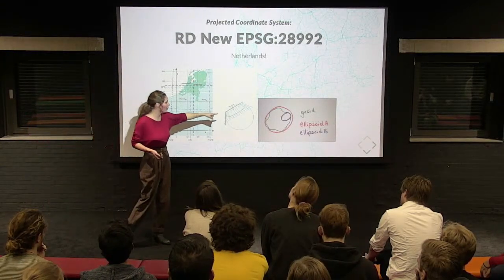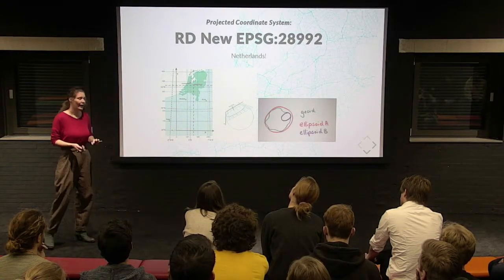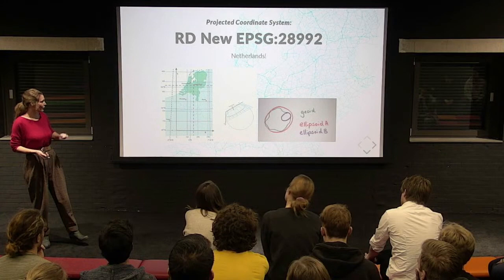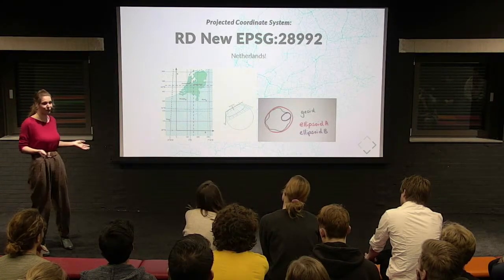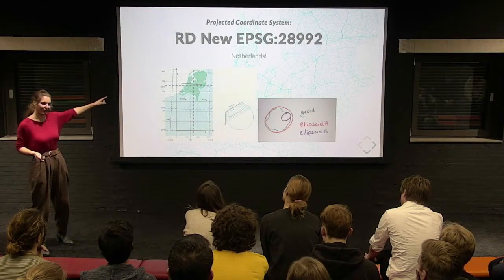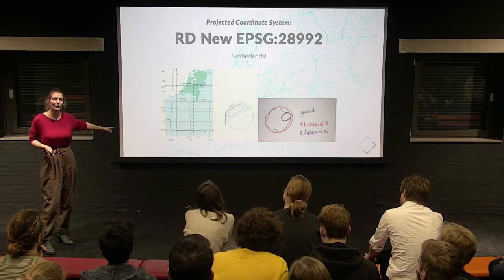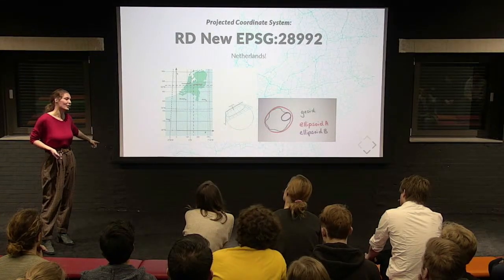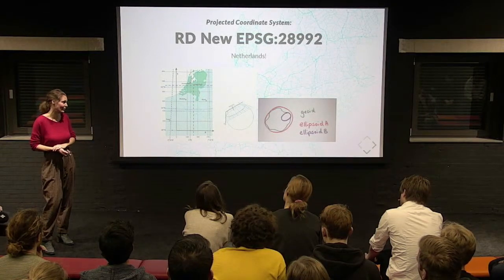We actually drew a new, smaller ellipsoid on the Earth, the Bessel ellipsoid, and we put our own projection on it. The center point of the RD New system is in Amersfoort. That's where the 0,0 coordinate is. And then they moved it to somewhere in France to the left as a false origin. So you always have coordinates with a positive value, and you cannot get confused about what is the x and the y coordinate.